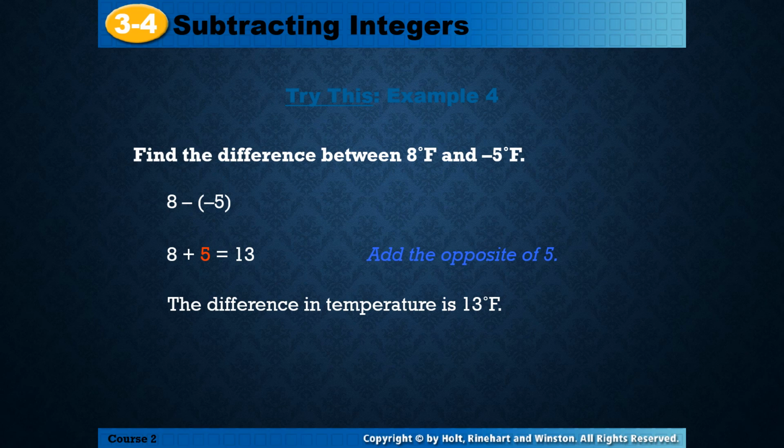I want to tell you here one thing, though it is given as the opposite of 5, we will use this negative sign which is outside the bracket, and that negative sign will change the sign of the integer which is there inside the bracket, and that's how it becomes 8 plus 5, 13.